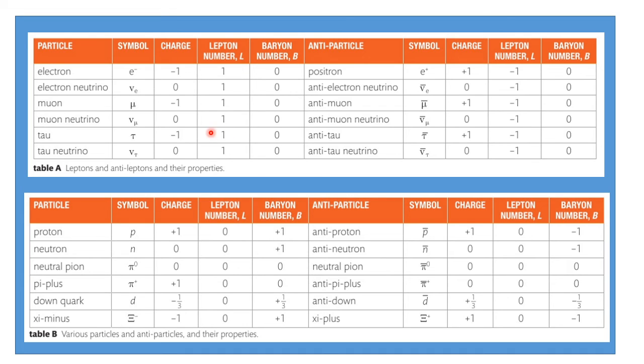Now for leptons, you can see that the baryon number is all 0, right? And here you can see that for all the quark composite particles, their lepton number is 0 because there are no leptons there, right? You have to be very concerned and concentrate on the particle names along with the lepton number, baryon number or charge without any confusion. You must be able to gather the information.